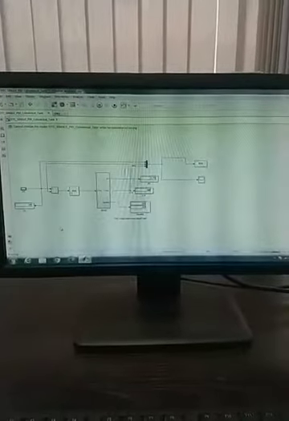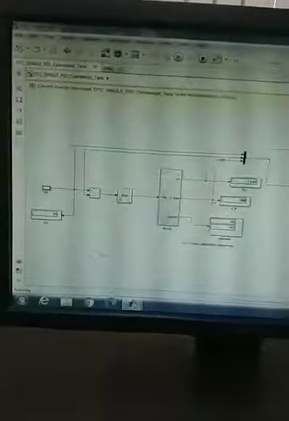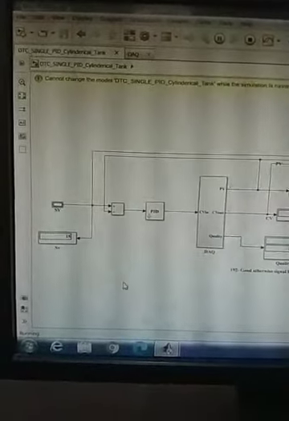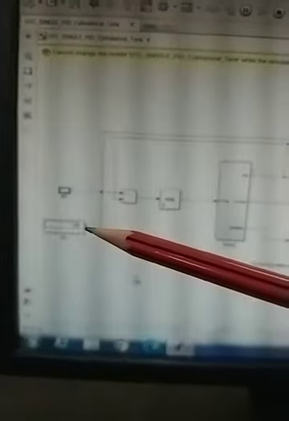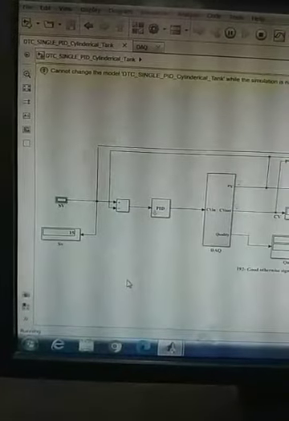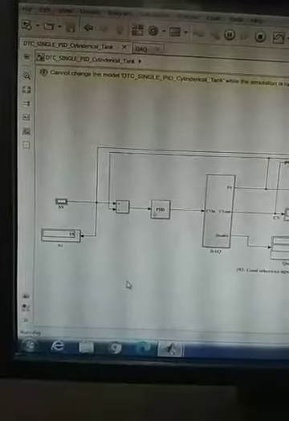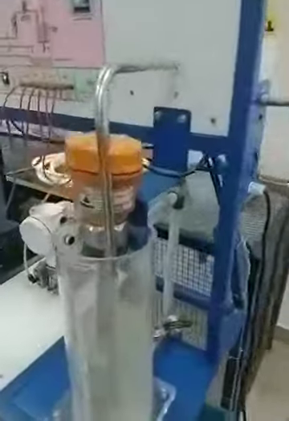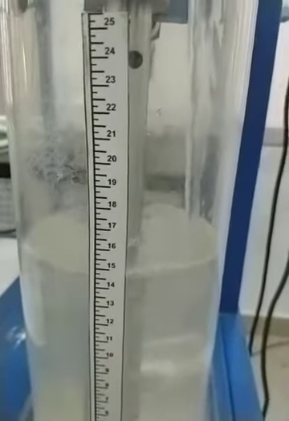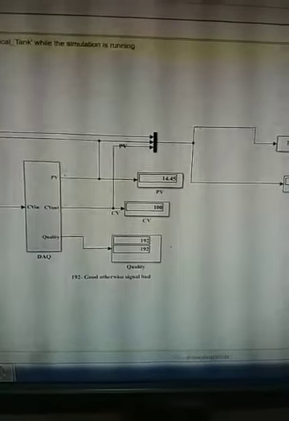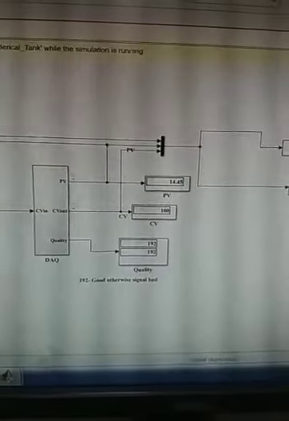Hello guys, this is all about cascade control, which we are controlling with the help of MATLAB Simulink. And you can see over here that the set point right now is 15. It's 15 units of level, and it can be changed although, but at the first point let me tell you that if we see the actual value, that is also 15. This is the actual value of level over here, that is 15, and it is also displayed over here as a process value 14.45, very near to 15.